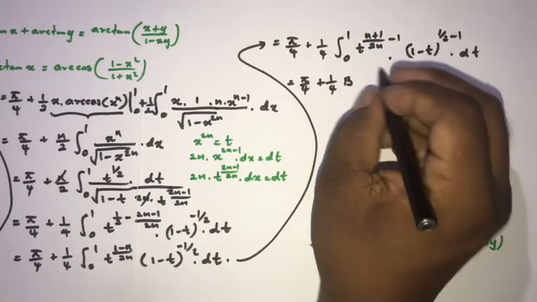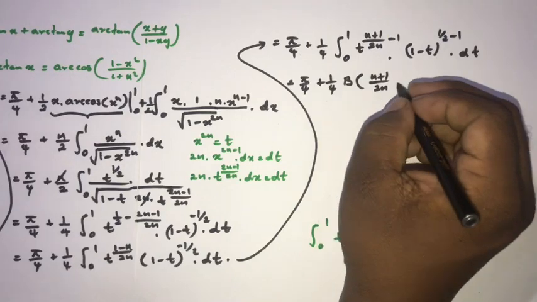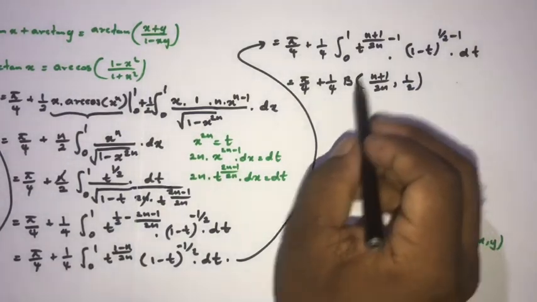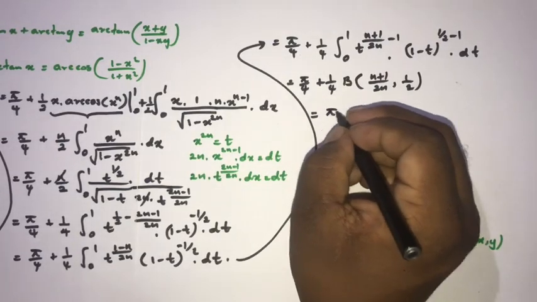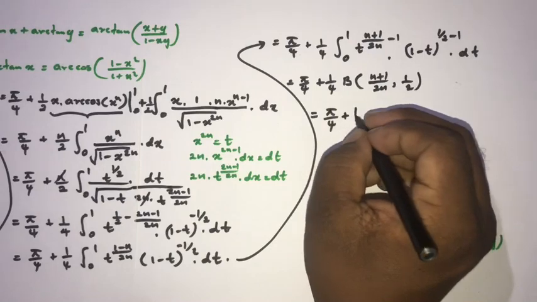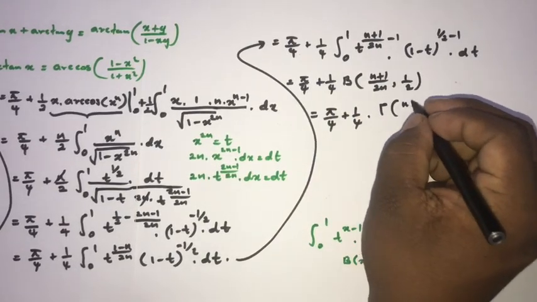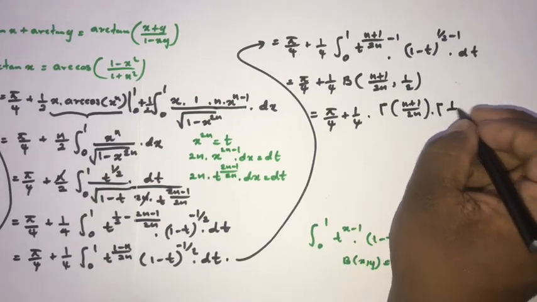This is equal to beta of (n plus 1) over 2n comma 1 half. Now we can write this beta function by using the gamma function. So we can write here pi over 4 plus 1 over 4 gamma of (n plus 1) over 2n times gamma of 1 half